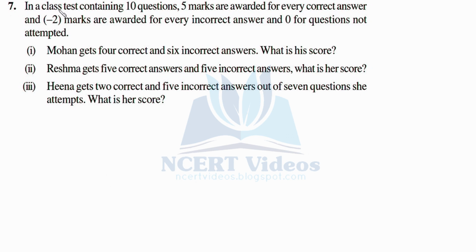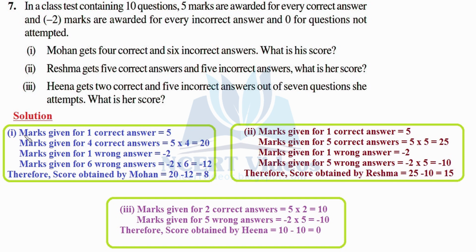Seventh, in a class test containing 10 questions, 5 marks are awarded for every correct answer, and minus 2 marks are awarded for every incorrect answer and 0 for questions not attempted. Now first, Mohan gets 4 correct and 6 incorrect answers. What is his score? So, marks given for 1 correct answer is 5, it is given to us, and he